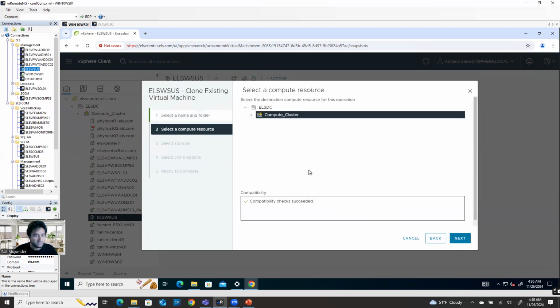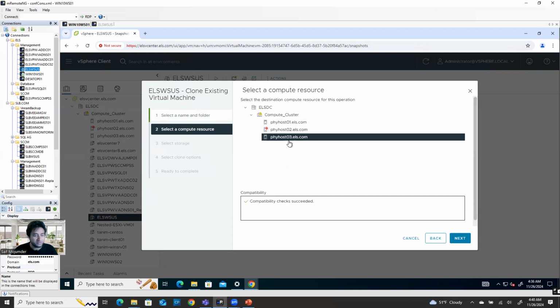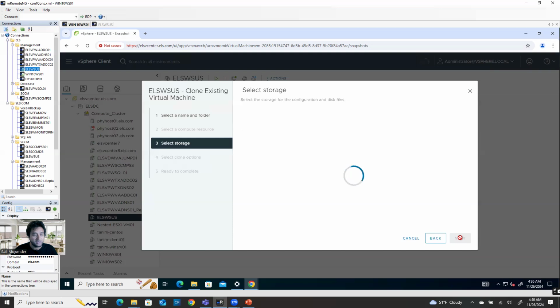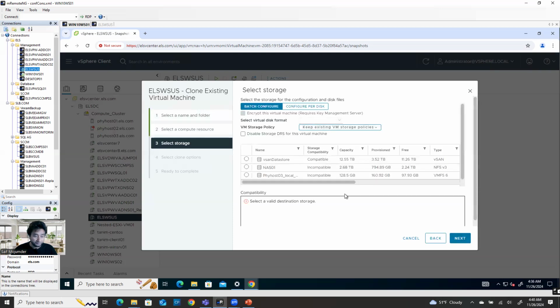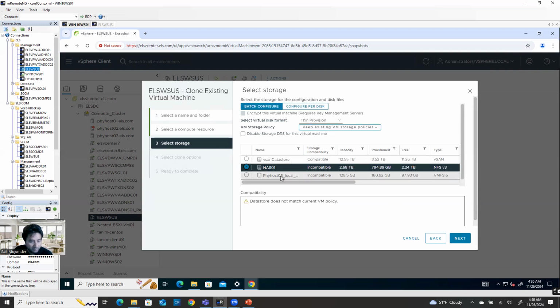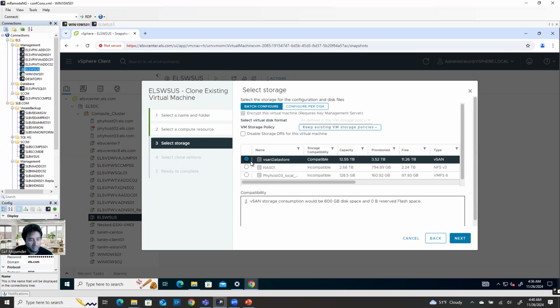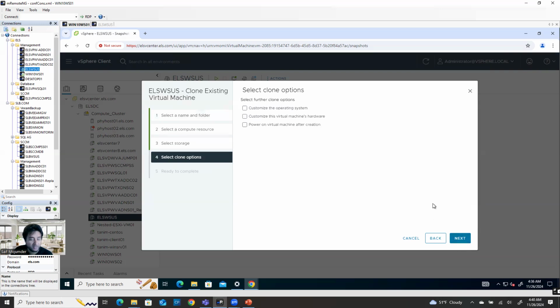Click next, and your compute resource, which server you want to deploy it on. Say for example on my host number 3. Click next, and then select a data store. Say for example maybe NAS storage, or maybe how much space I have. Okay, this one I have a huge space, right? So select this one, click next, and then if you want to do the customization, you can also do the customization. I'm not doing anything, so click next,